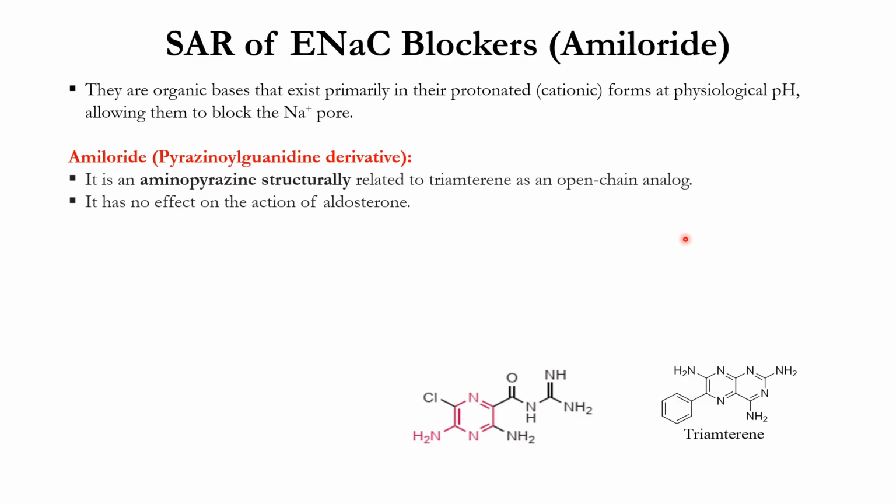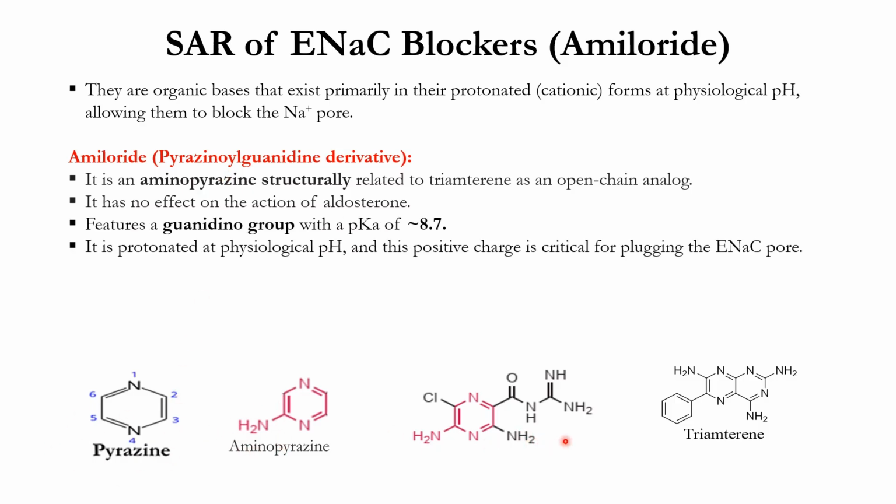So let's start with amiloride. We are going to deal with the structure part, the structure-activity relationship of the molecules. Amiloride has a pyrazinoylguanidine moiety. So this is the pyrazine, and they have the amine parts, and this is the guanidine part. So they contain the guanidine part, and they can be made from these molecules. So the pyrazine, as I've seen in the structure, is this part. They have the amino parts, so the aminopyrazine there. They also contain the guanidine moiety. So we can say that amiloride is an